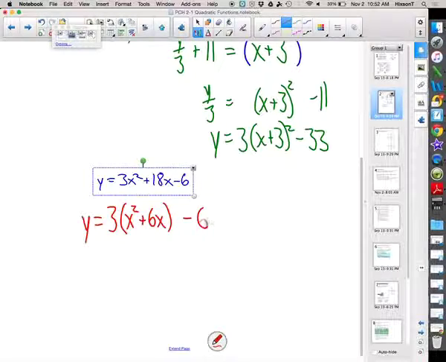And we're going to leave that 6 kind of separated off to the side. It's still there, we're just kind of ignoring it for a minute. Now we go through the same process. We use that 6 here, and we're going to take 6 over 2 squared. Alright, so 6 over 2 squared is 9 again,